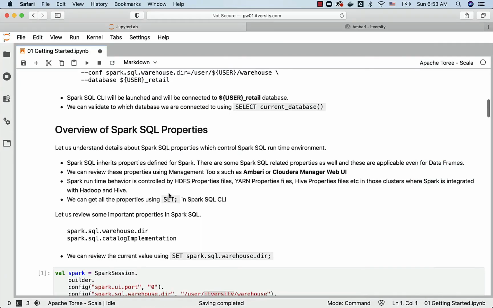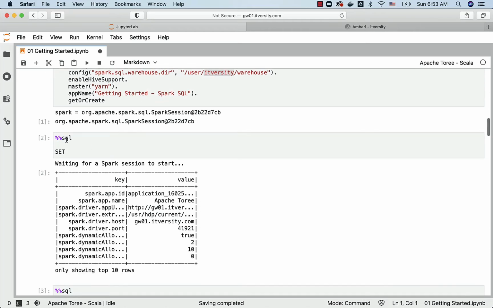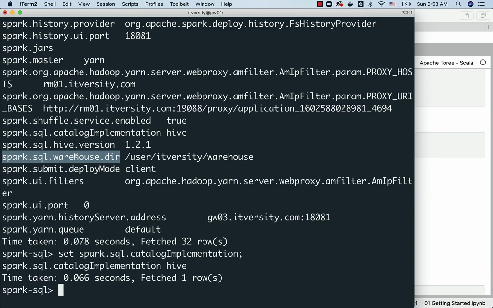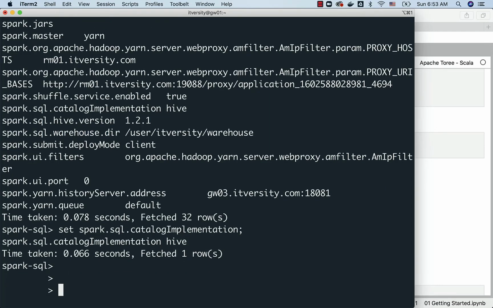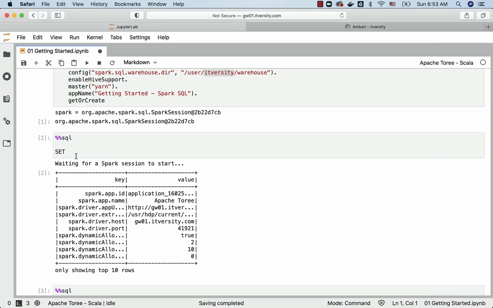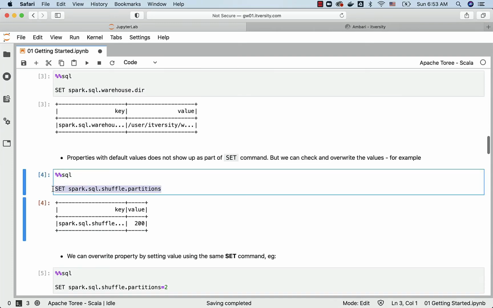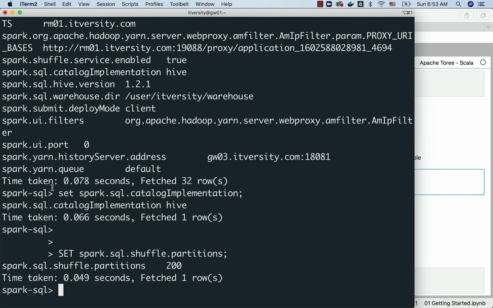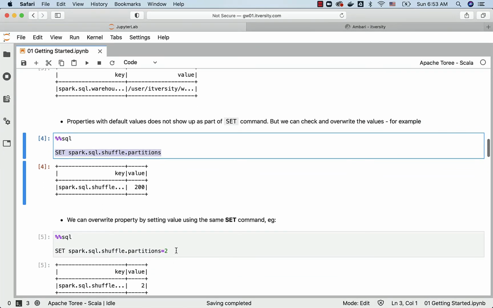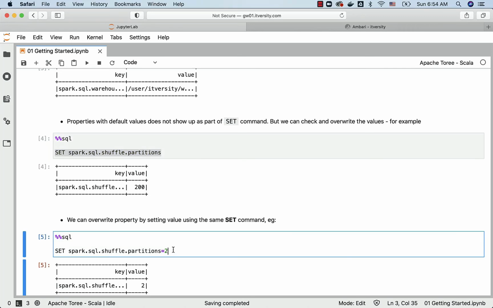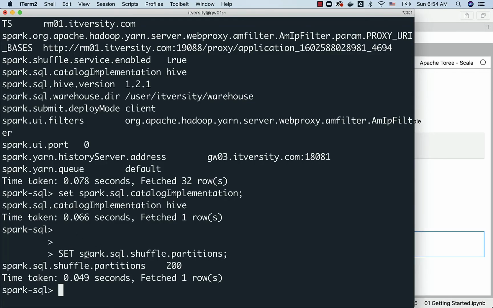Keep in mind that whatever we are going to run using JupyterHub with %sql in it, we should be able to run once spark2-sql is launched as part of the terminal. So both are same. Let us review the property for spark.sql.shuffle.partitions on CLI. You see it is set to 200, and I can set to 2 for this session the way I have done here. Keep in mind that you shouldn't put semicolon at the end for set command when you are using JupyterHub based environment, whereas if you are using spark2-sql from terminal, you have to use semicolon at the end, then only it will run.